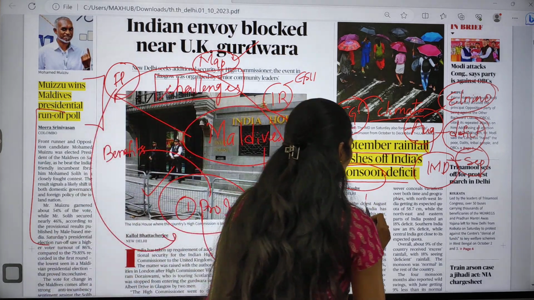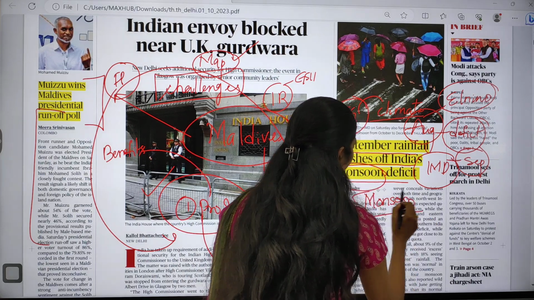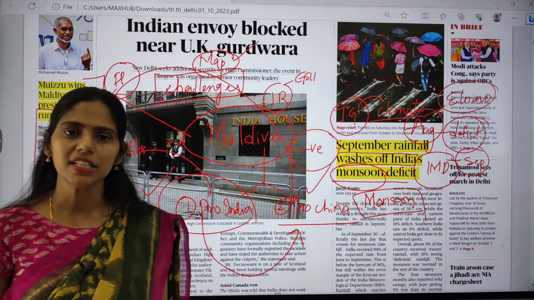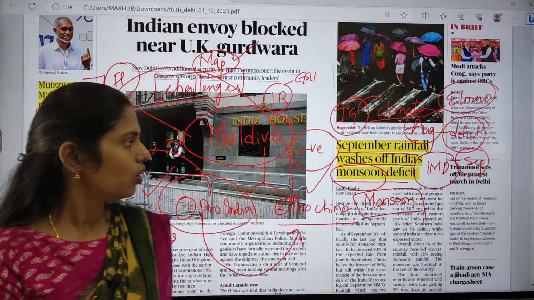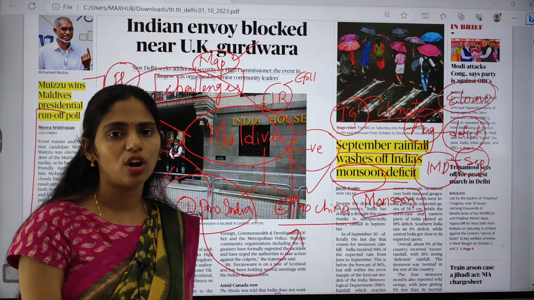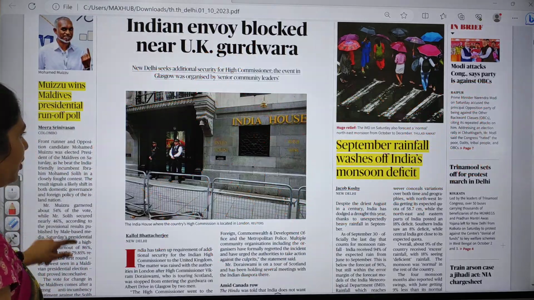So what is this monsoon? Monsoon is nothing but seasonal reversal of winds. So we are getting seasons because of revolution of Earth around the sun. Okay, we have to know that concept. So that concept we are going to see in detail, don't worry. And if you move on,